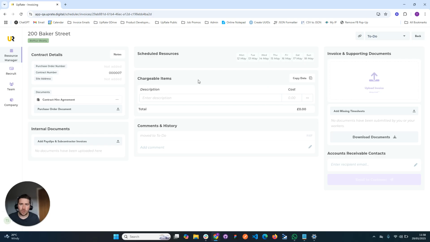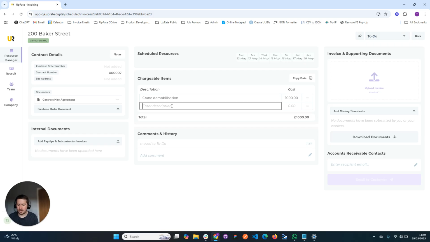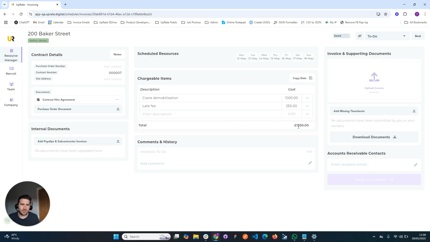You've also got a chargeable items section that's been added. So this is just a table that you can add crane demobilization tab. It will go across to the cost column. I'll say £1,000 and then hit enter. That will add that charge item to this invoice. Then if another person comes into this page to process it, they know exactly what needs to be charged for. So in this case, £1,000 for the crane demobilization, late fee at £250, and then you've got your total at